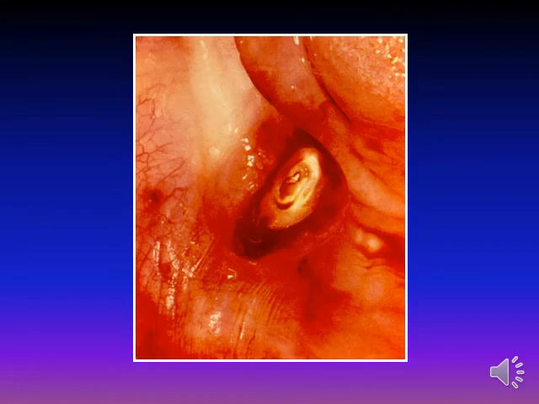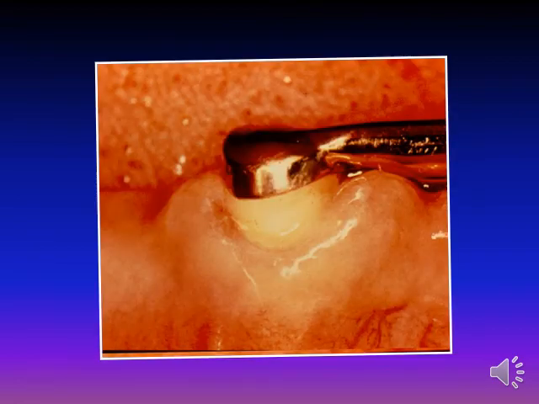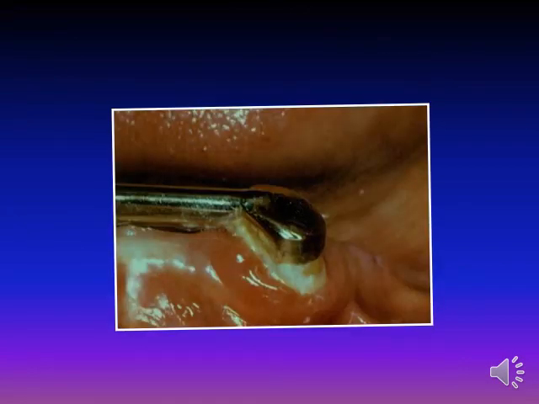Overdenture complications: gingival involvement, caries, recession, plaque accumulation, and so on. Now, with the submerged root,